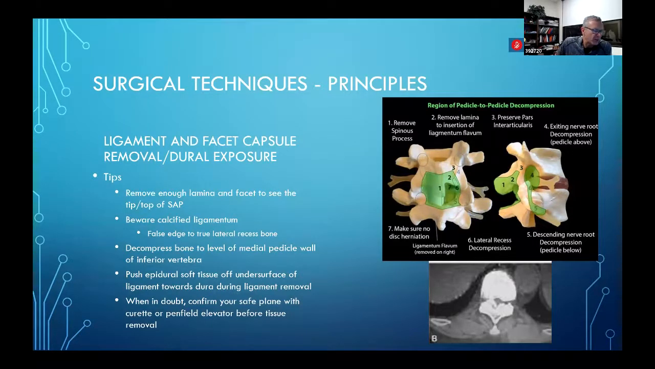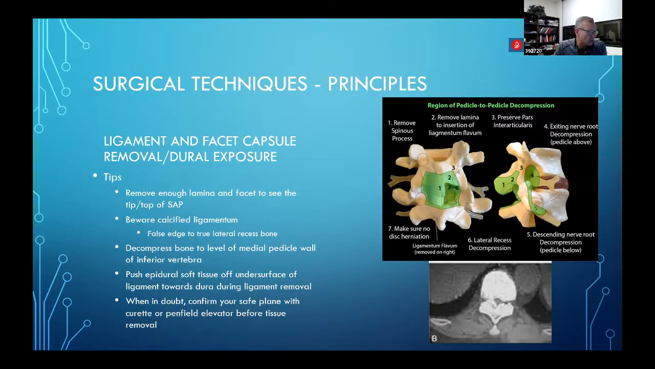Let's say I'm doing 4-5. I'm going to take enough of the inferior lamina of L4 to be able to see the top of the superior articular process, so that I can remove it medially and adequately decompress the whole lateral recess out to the level of the medial pedicle wall of the inferior vertebra where I'm working. I try and take my decompression out to that medial pedicle wall, so I've adequately decompressed the lateral recess and